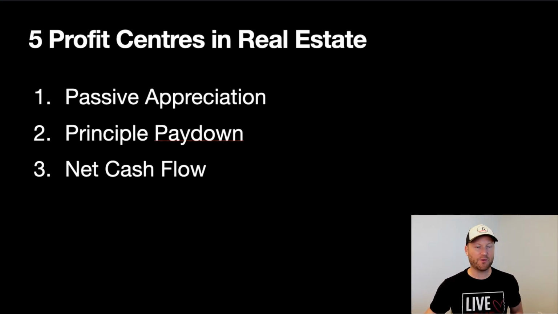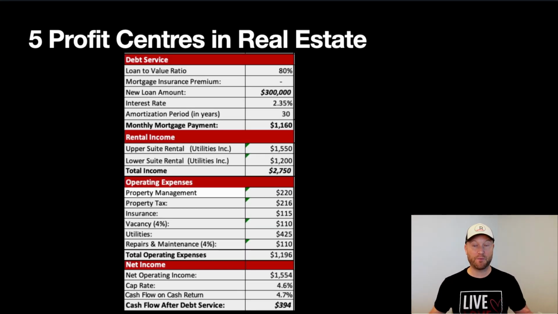In addition to that, we've got net cash flow. So we've talked about appreciation and principal paydown. Well, net cash flow is basically the amount of money that is left over after you've got all of your rental income and you've factored in all of your expenses. And so we'll spend a lot of time on this in the second video, looking at each of the individual costs that we're going to have,